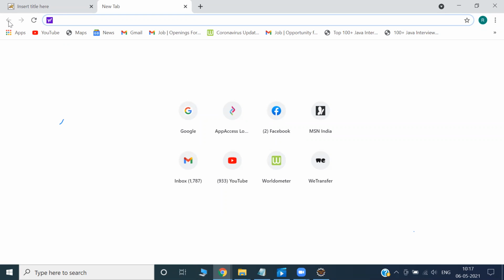How pathetic, how dangerous that is. Suppose you are using an internet cafe, and you did some banking transaction, and you logged out, and again after clicking this left arrow mark, it will remember your data.